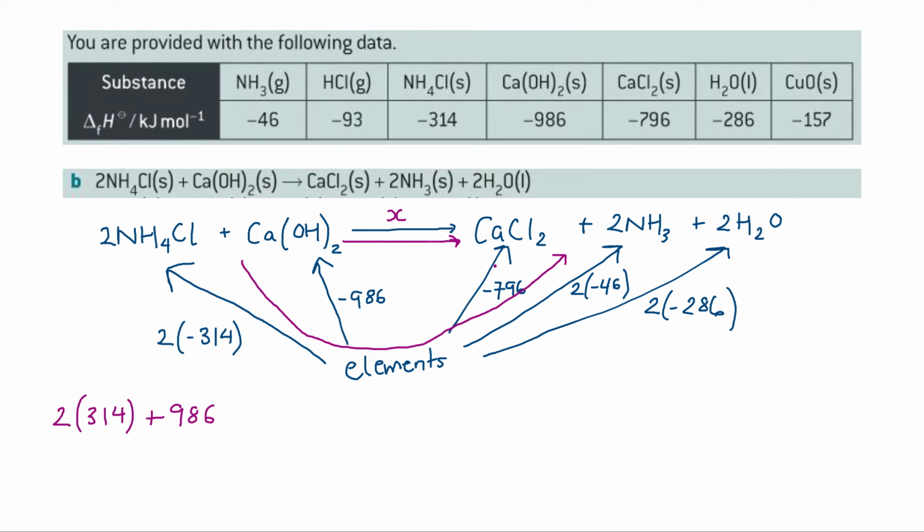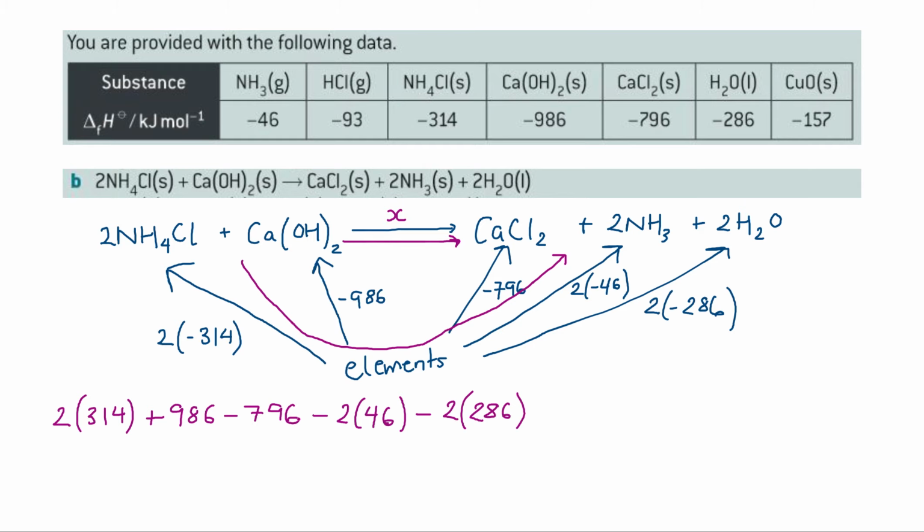So this one here, the sign stays the same, so it's minus 796. Again, up this one now, the sign stays the same. I'm just going to take the minus out of the bracket, so it's minus 2 lots of 46. And the same thing for this one, same direction, so the sign stays the same. I'm going to take it out of the bracket, so that's minus 2 lots of